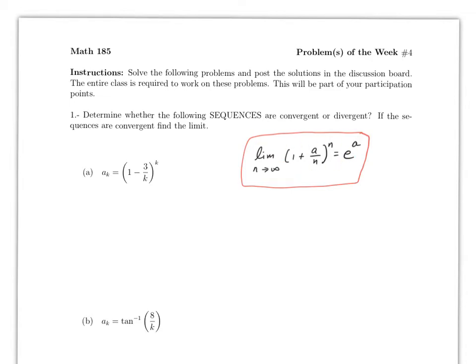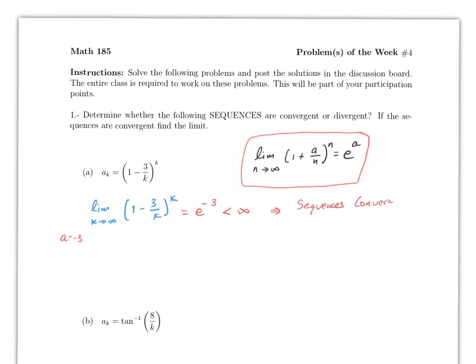All right, so if we use this formula, the limit as k goes to infinity of (1 - 3/k)^k. Notice here that the value for a is equal to negative 3. So therefore, if we use this formula, or this limit, this will just be e^(-3), which is finite. So therefore, the sequence